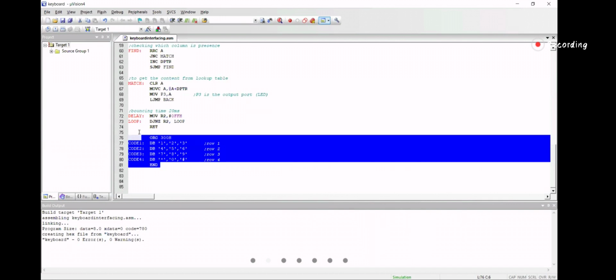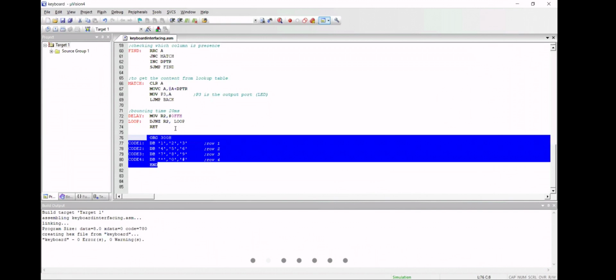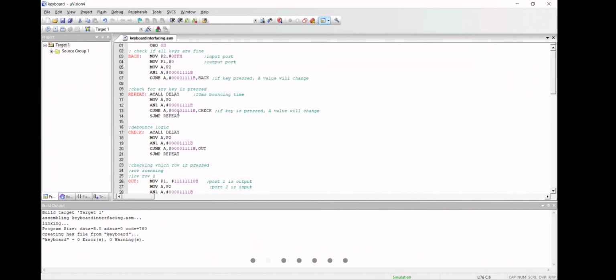This is very important. We'll see tomorrow also. And this is index addressing. Last time also I was telling you again and again. Please see how the values from the lookup table are brought by using the DPTR register. That technique is very important. You need to understand. In any program, it will come again and again.